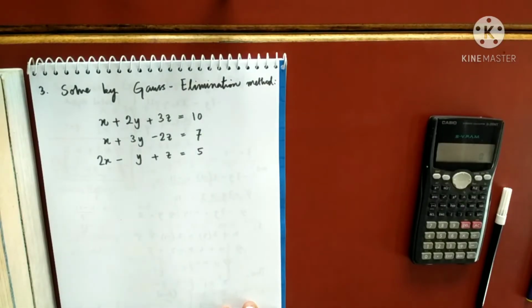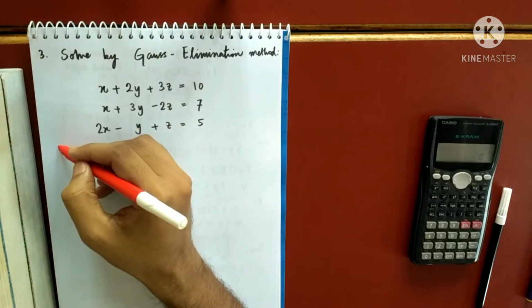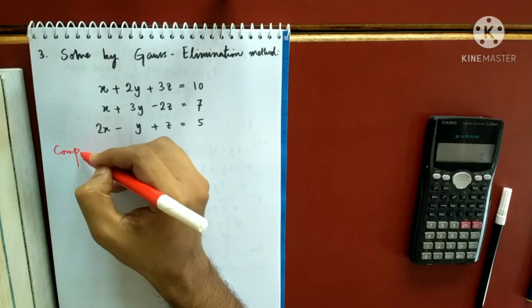So here is the question. You have to solve this system by the Gauss elimination method. So I have already given you how to use Gauss elimination method to solve a system of equations. Today I will make that method more compact, so that we can do it very quickly. We write this whole thing in the form of a table. We call that table a compact table.